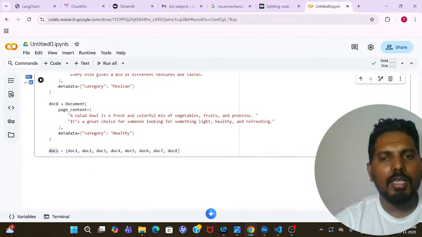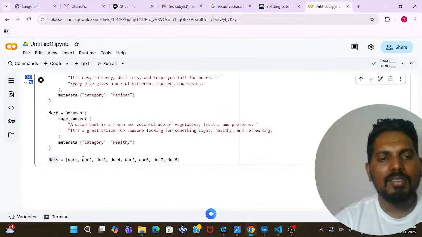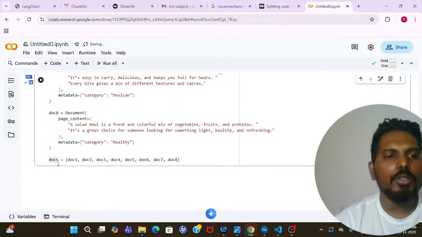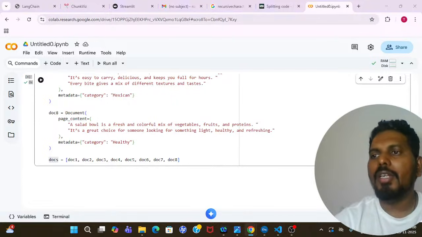Nothing much I am doing here. I have hard-coded some documents and then I am passing all the documents inside a list, and that list I am going to assign into the docs variable. So once this is done,